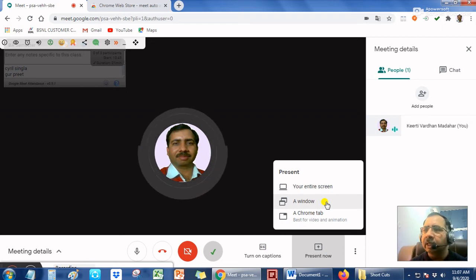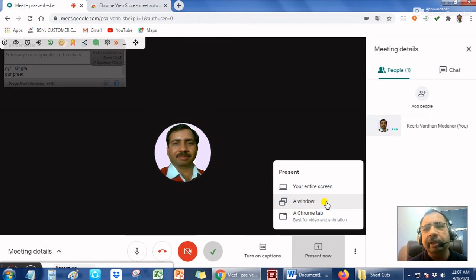If you open one folder, a window is opened, and suppose you have shared only that particular window, the students can see the material inside that particular folder only. And at the same time, if you are doing something else in a different folder, students will not be able to see the material of that different folder.